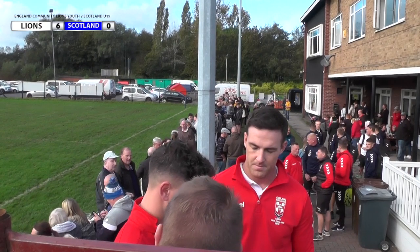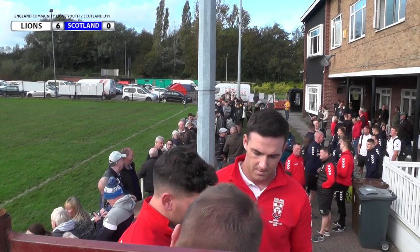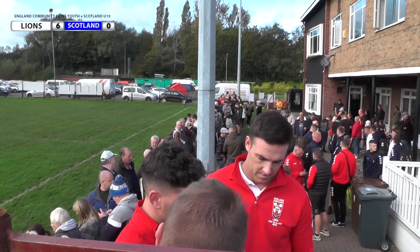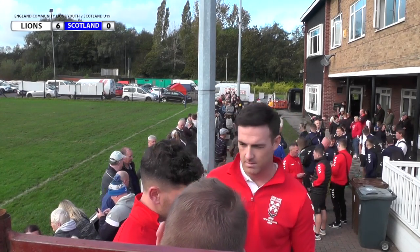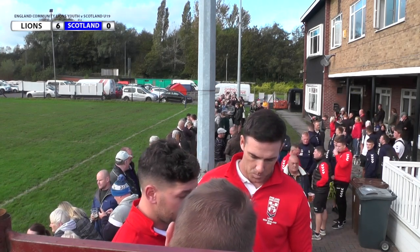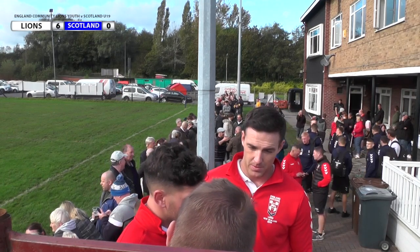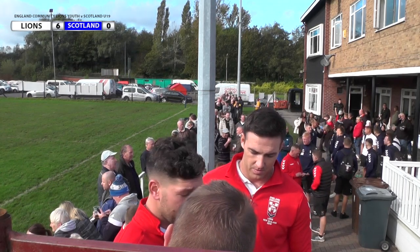Siddle, Freddie, always one of the top teams in the division. How have you seen your season going? Yeah, bit of a shock that we got to the playoffs really. We weren't expected to get there, I don't think, because we've had a transition period. A couple of years ago we were always finishing top three, and won the league as well. So we've got some young lads in these last two seasons, and we were very pleased to make the playoffs, and did quite well in the playoffs as well. Got to a quarter final. Bit gutted to not make it any further, but yeah, we'll build on the back of that and hopefully be up